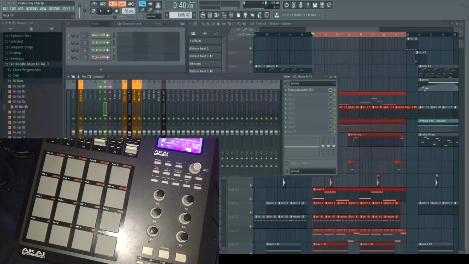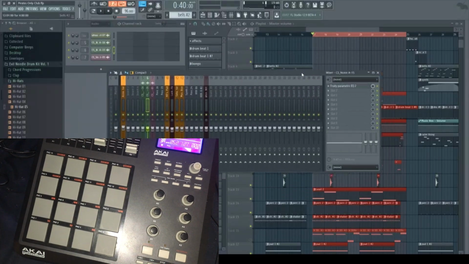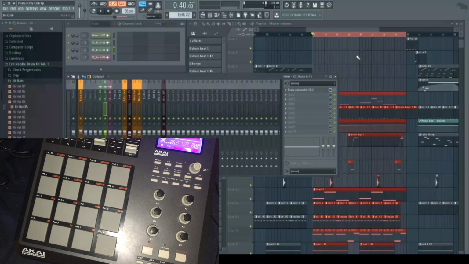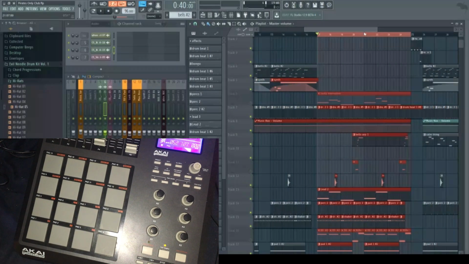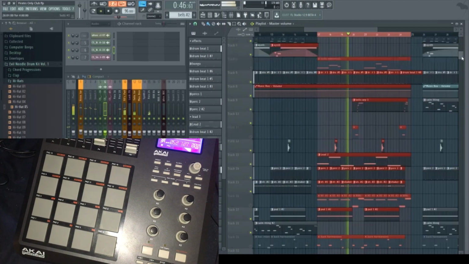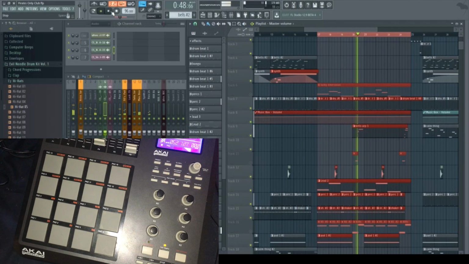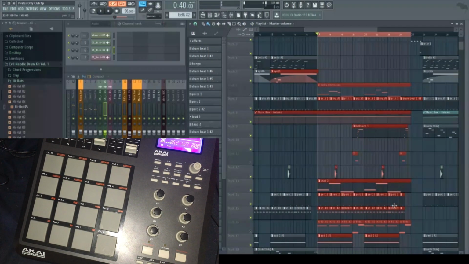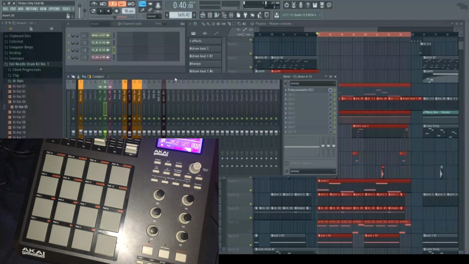Okay, so now to add effects onto what you're working on, your melodies or your drums, you can add on different types of effects using the mixer. So here I have a basic, or not too basic, but like a beat with a melody. Okay, so what I'm going to do is I'm going to take effects from the mixer